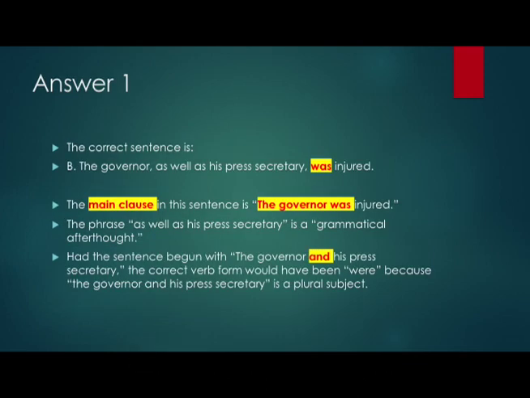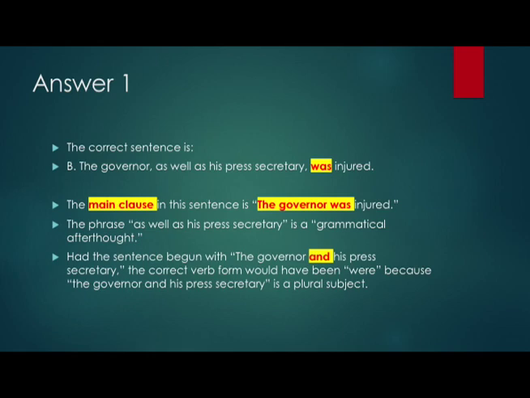The correct answer is B. The governor, as well as his press secretary, was injured. So the main clause expressing the main idea in this sentence is the governor was injured. So as well as his press secretary, which is offset by commas, is added as sort of a grammatical afterthought. Okay? So, had the sentence begun with the governor and his press secretary, this would have changed things completely,